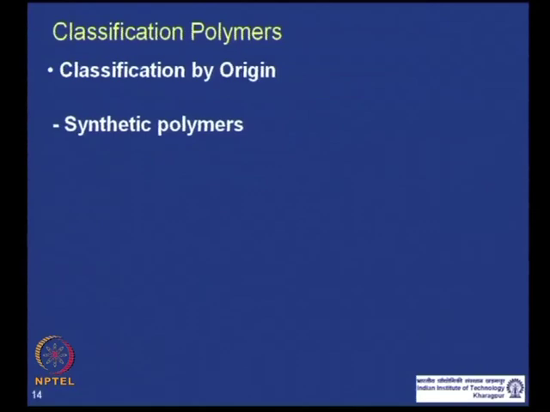Majority of polymers are synthesized in the lab or in a plant, in most cases from petroleum resources, and in some cases from natural resource derived monomers. So, we can classify as synthetic polymers the polymers we synthesize in the lab,